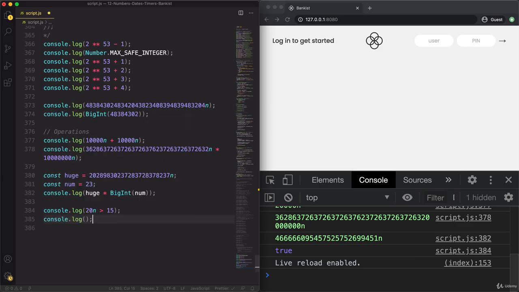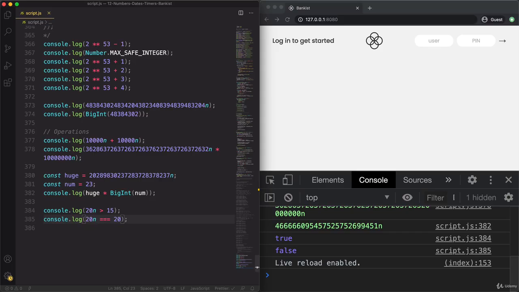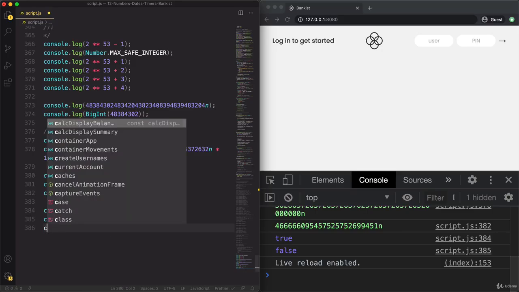However, when we do this, 20n triple equals 20, we will get false. But that makes sense because JavaScript, when we use the triple operator, does not do type coercion. And in fact, these two values have a different primitive type. This is a regular number and this is a BigInt. In fact, we can check that,